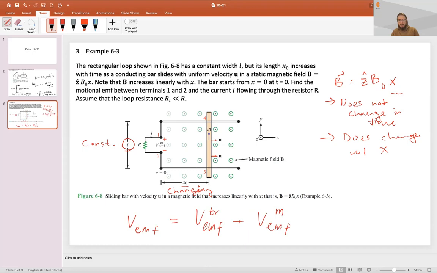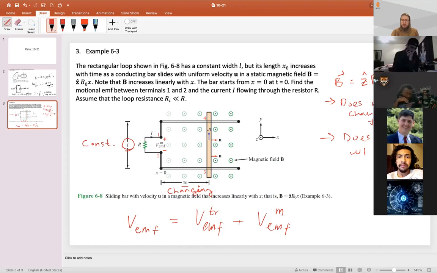Are we going to have any transformer EMF for this problem? No. Why do you say that? We need windings for it. Not necessarily. So the